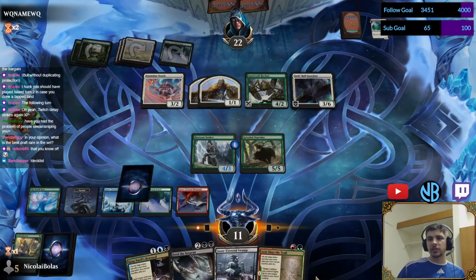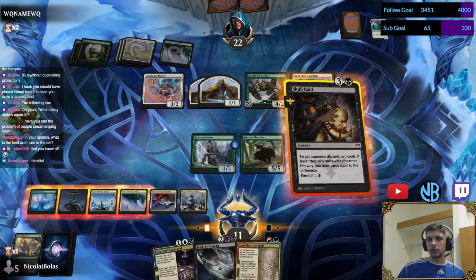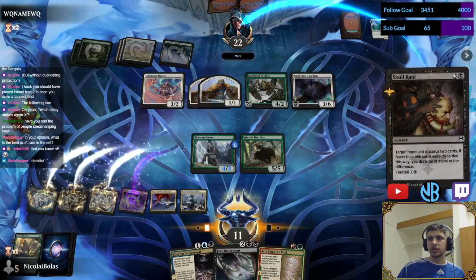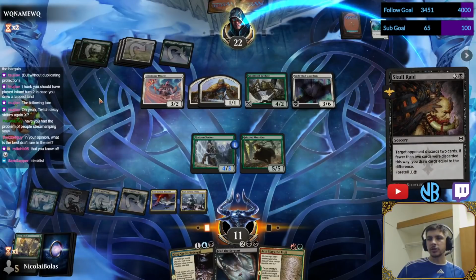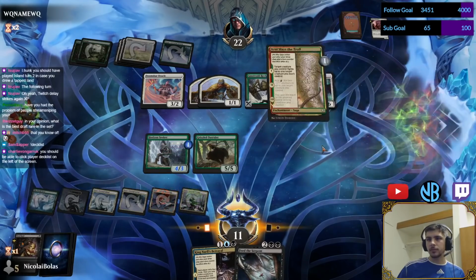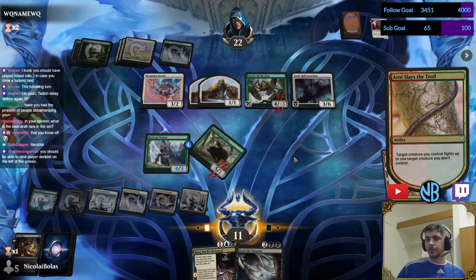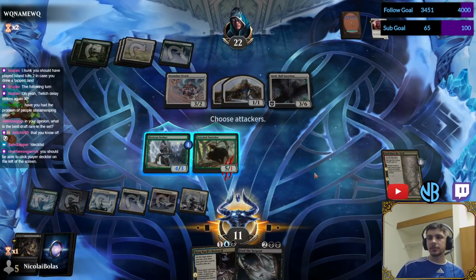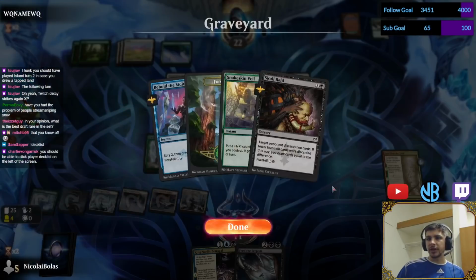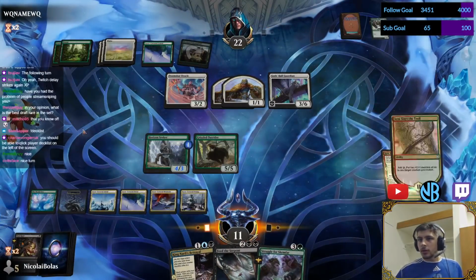So now I can use Arnie Slays the Troll. Oh, that's great. Because of World Tree, I can cast anything I want, so we'll just do this. Knock out their last 2 cards. This is pretty good for us. And then now we both have creatures in our graveyard, so I can use my... Oh no, I don't have any creatures in my graveyard. Well...